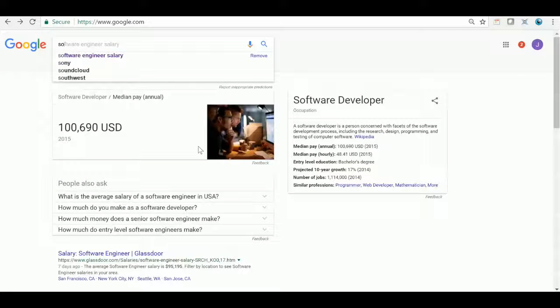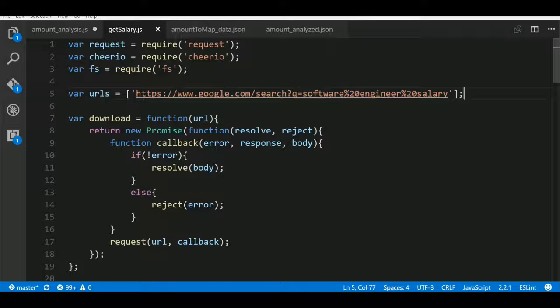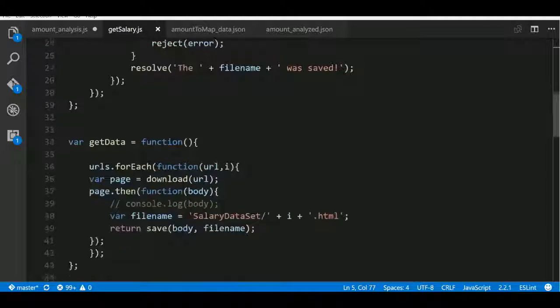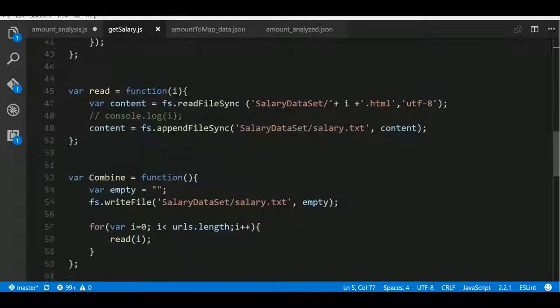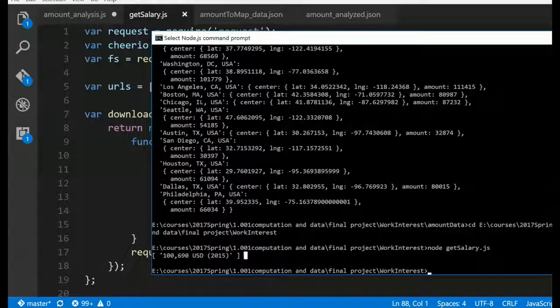For example, if we type "software engineer salary" in Google search, the first item appearing on the screen is the average salary calculated by Google. We came up with a way to get that information. First, we use request to download all the information on this URL. After the request, we call Cheerio to scrape the salary. We return the result as a list.